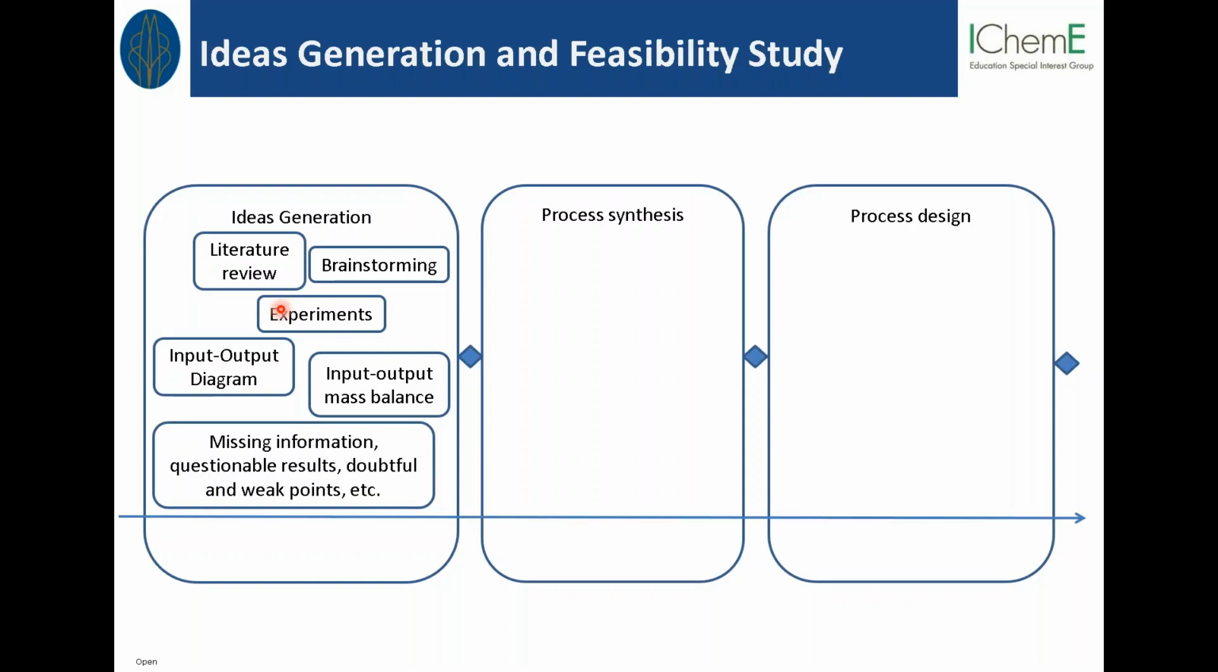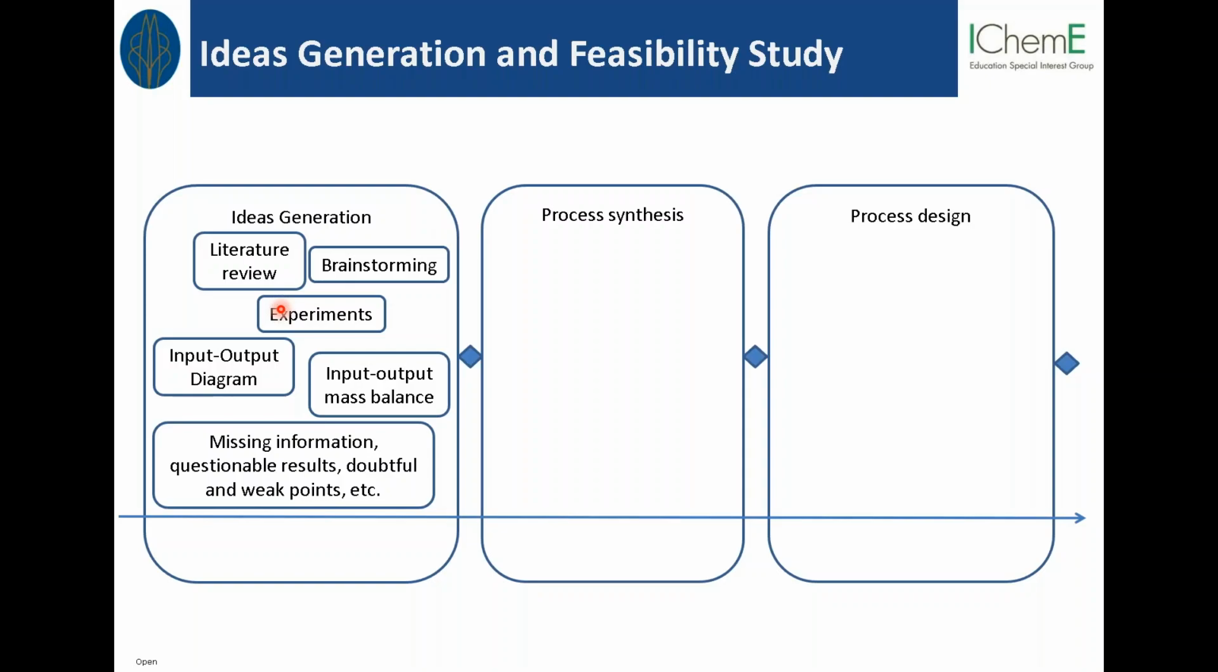While doing this, for sure, we will have some missing information. Is this the correct yield? I mean, is this then also the correct catalytic system that we can use? Is this then the properties that our customer wants? Some questionable results. We could also see if the temperature increases from the experiments or from the patents or from the literature, some doubtful and weak points, which we can also make a list of, and then